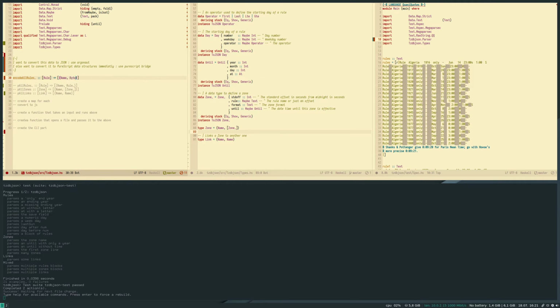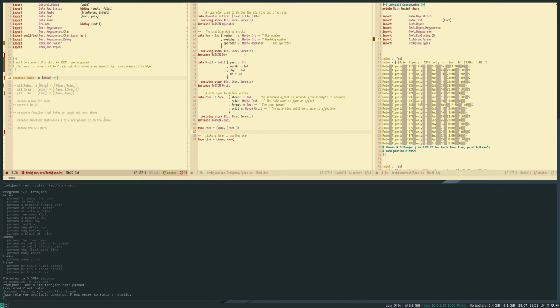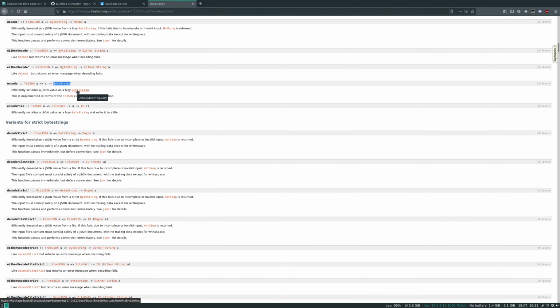Goes from name to byte string. Name. Okay, and what I want to do is actually just gonna be a map encode, I feel. This one is lazy byte string.